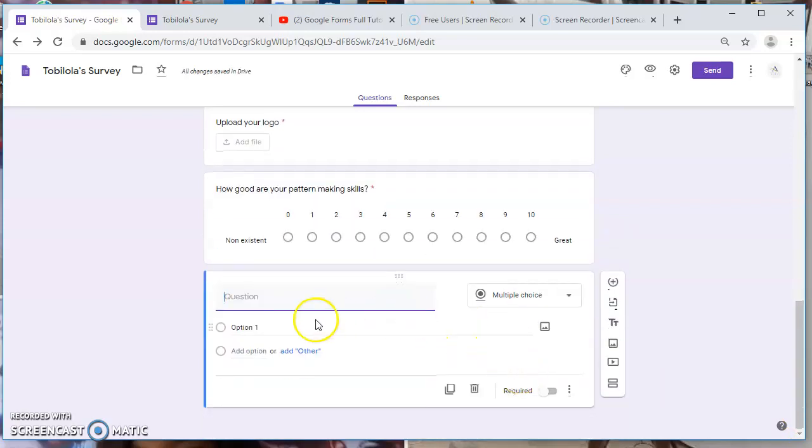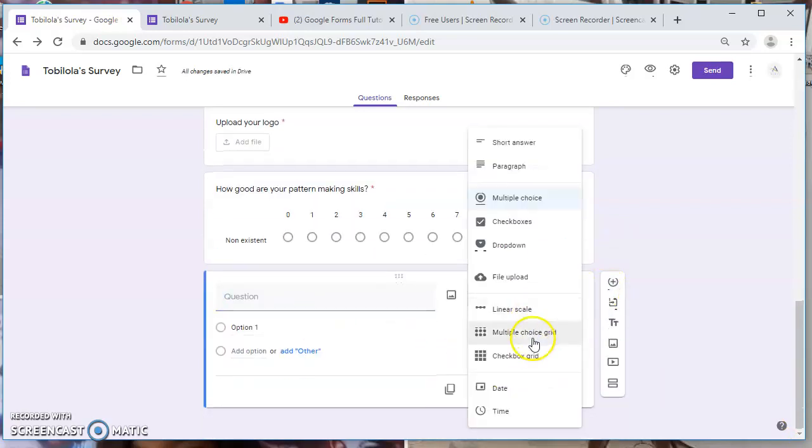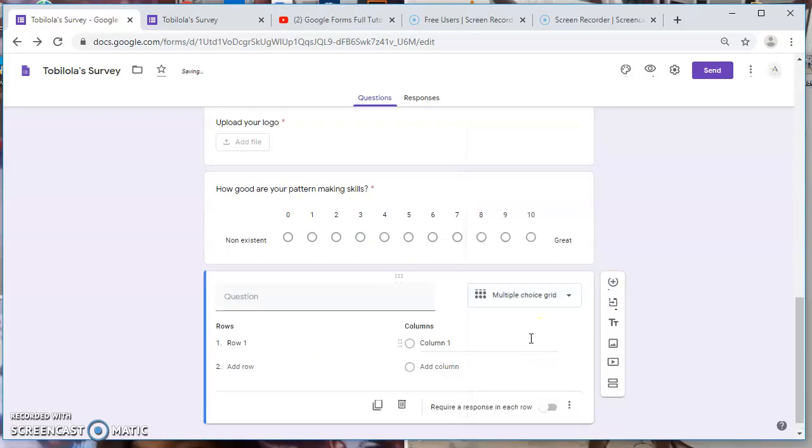The next option is the multiple choice grid. Now, how does this work? It means that you're going to have rows and columns. This might be a good way to ask multiple questions and let the person filling the form answer. This is a great way to ask all the questions I want to ask, like skill level. So for example, I can ask,